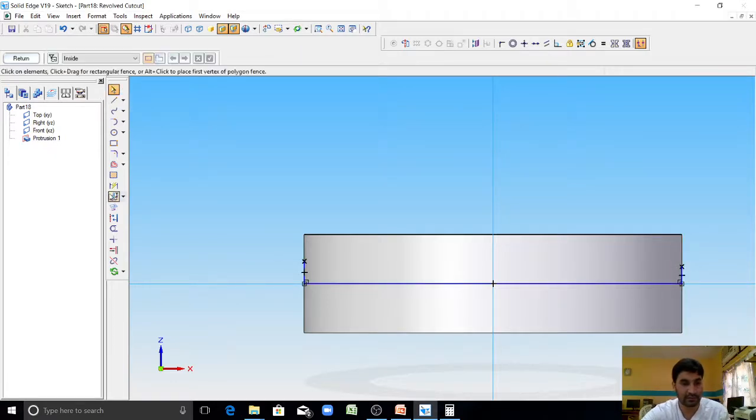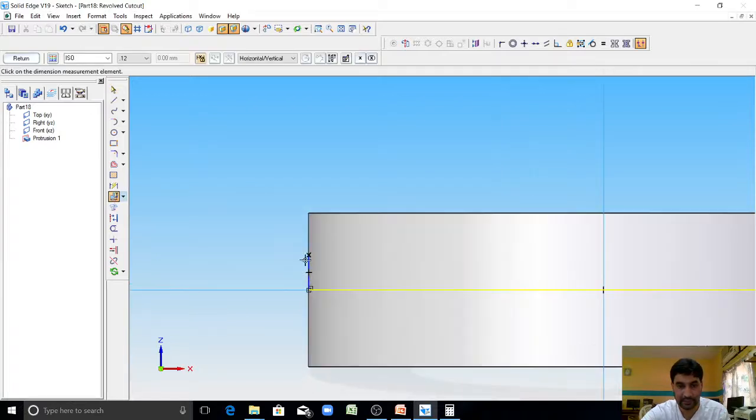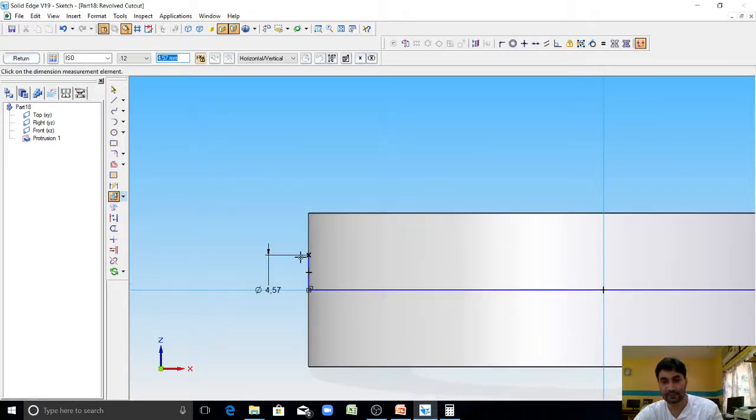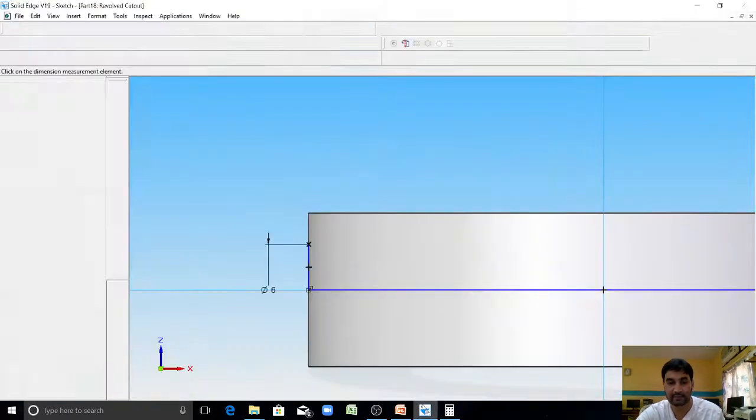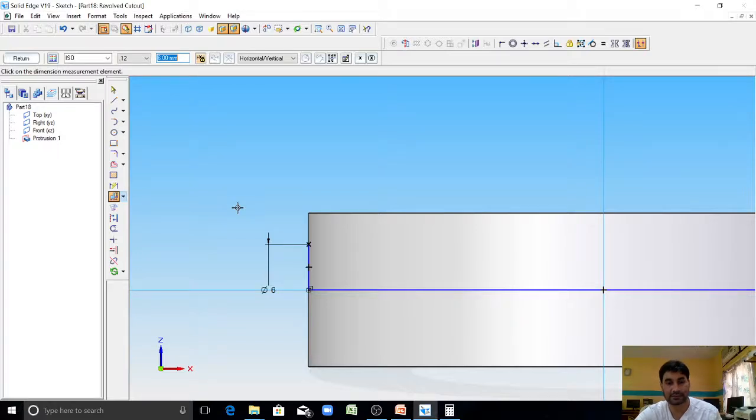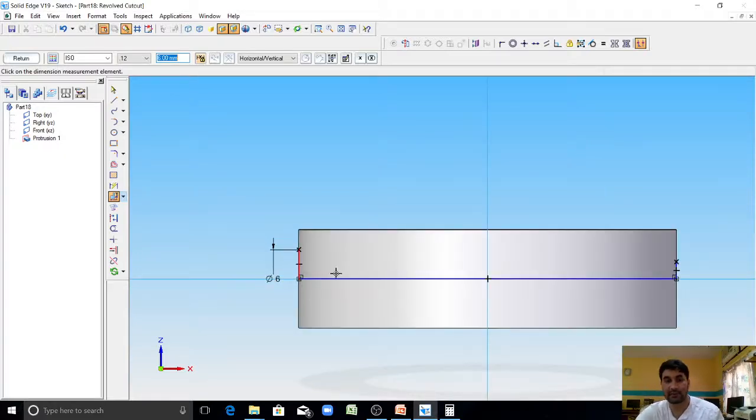Now using the symmetric diameter option, this to this dia is 6. This is 6 mm dia. Okay, it is having a 1:50 taper.